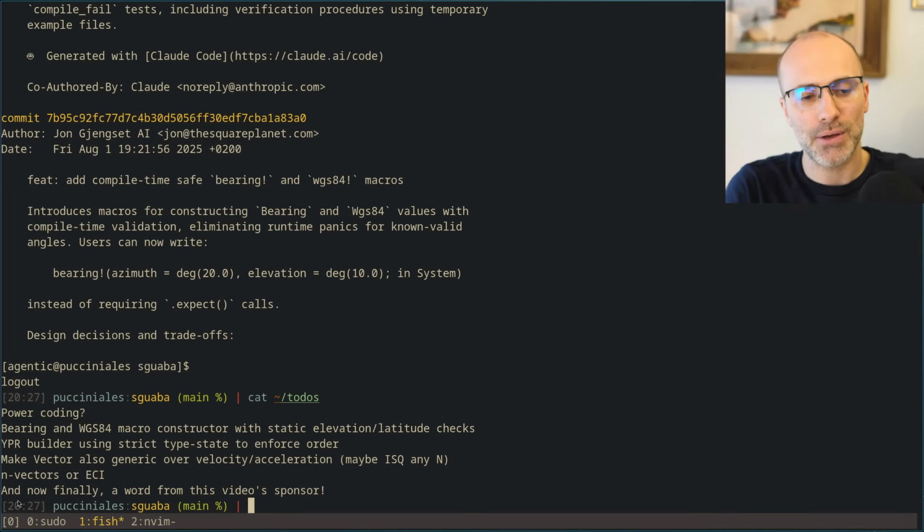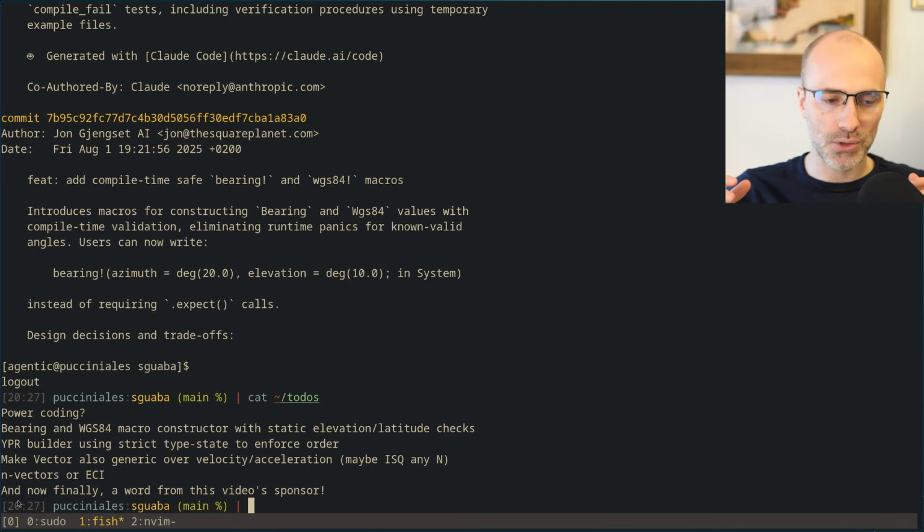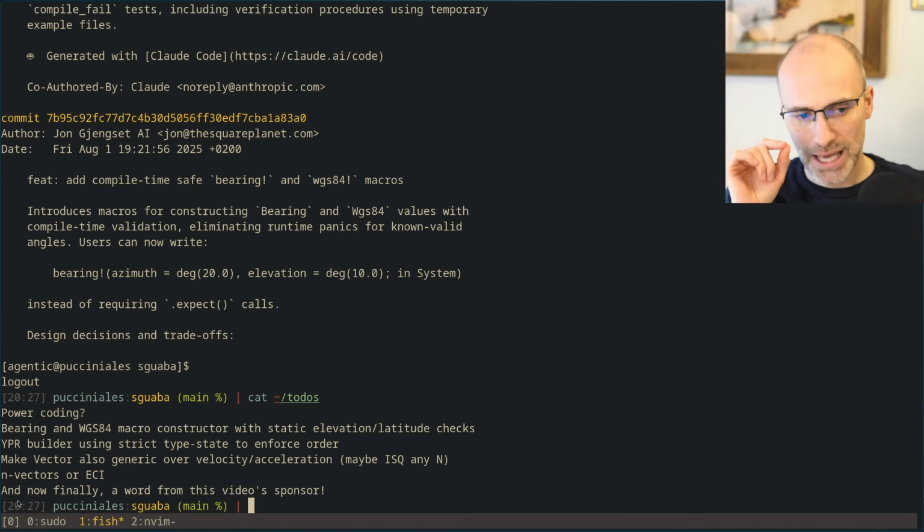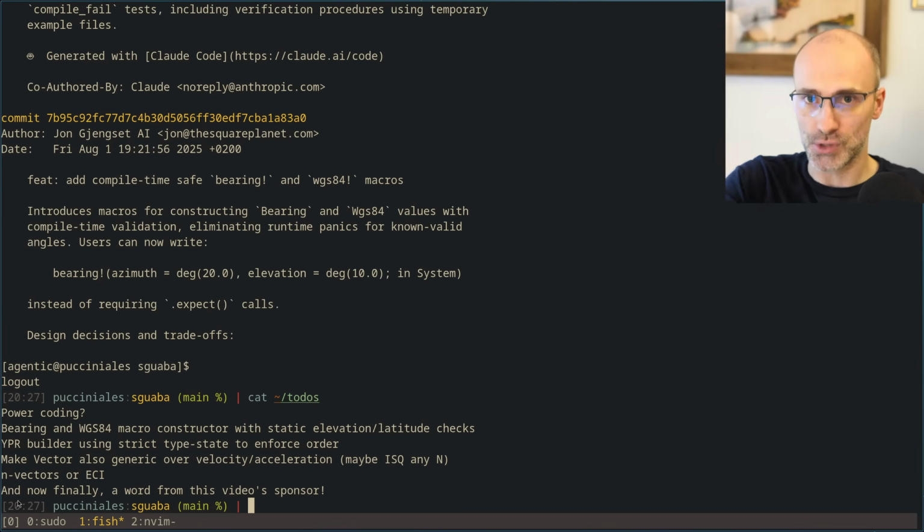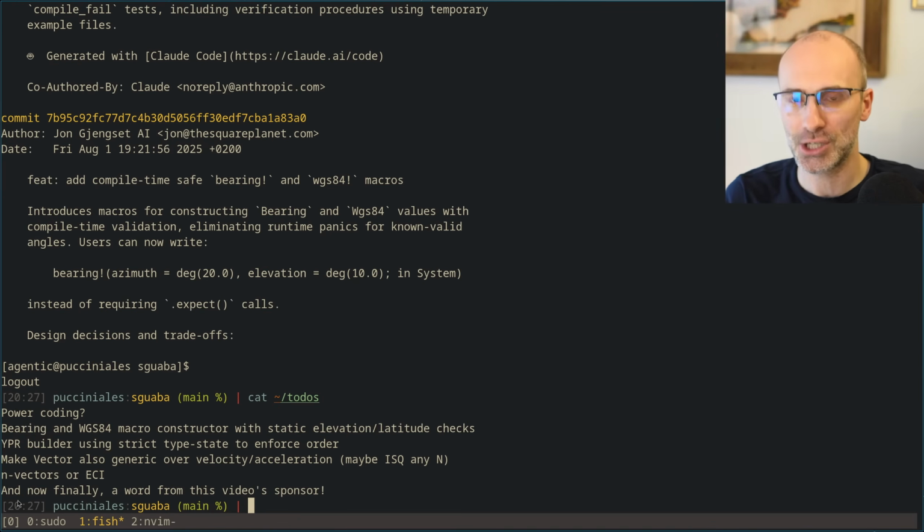I do wonder, if the goal here is to elevate the skills of software engineers, imagine that you don't have quite the same amount of experience I have with many of these patterns. Then if you used the agentic coding here, would you have ended up with A, the same result as I did, or B, something that was still a good idea, the right implementation? Basically, would it have guided you in correct directions, or would it just have picked the first pattern that roughly did what you were after, which is the more vibe aspect of it, and then you just go, okay, I guess so, and then it commits it, and you call it a day.